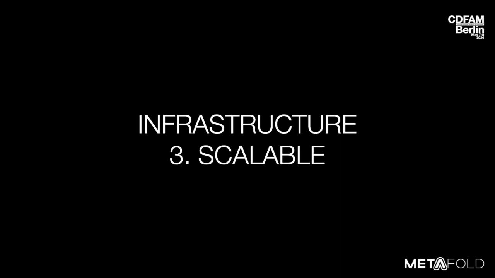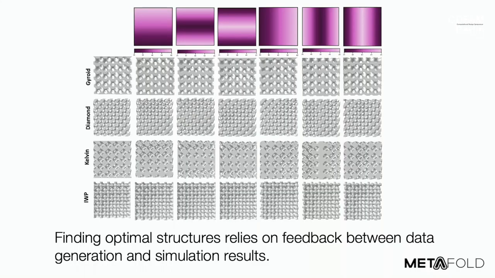And this last application I showed looks at how you might be able to commercialize a 3D printed innovation. So this, my first example of scale is around data. And this is actually a small data example, but we know, and we've seen so much here, that finding optimal structures relies on this feedback between data generation and simulation results. This is informed by high-quality data. So this is a very small design of experiment example of how a Metafold user can use our app together with a Python script to quickly generate a little data set and a design of experiment to test a hypothesis.